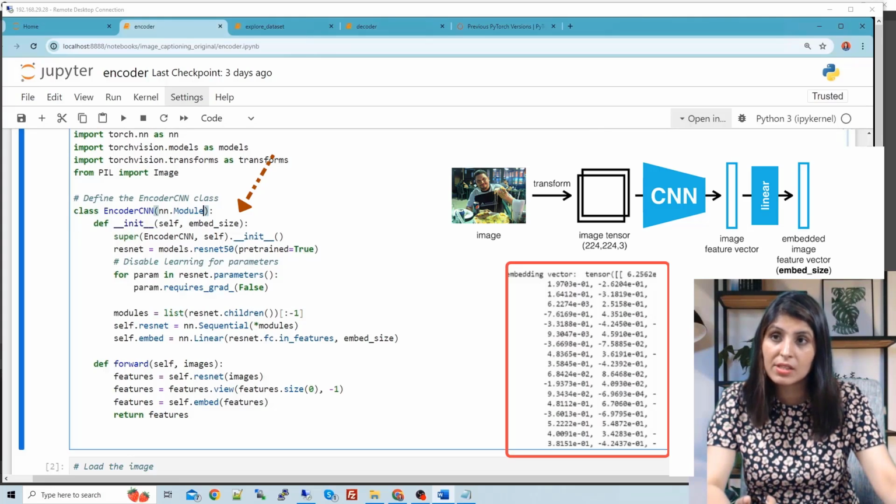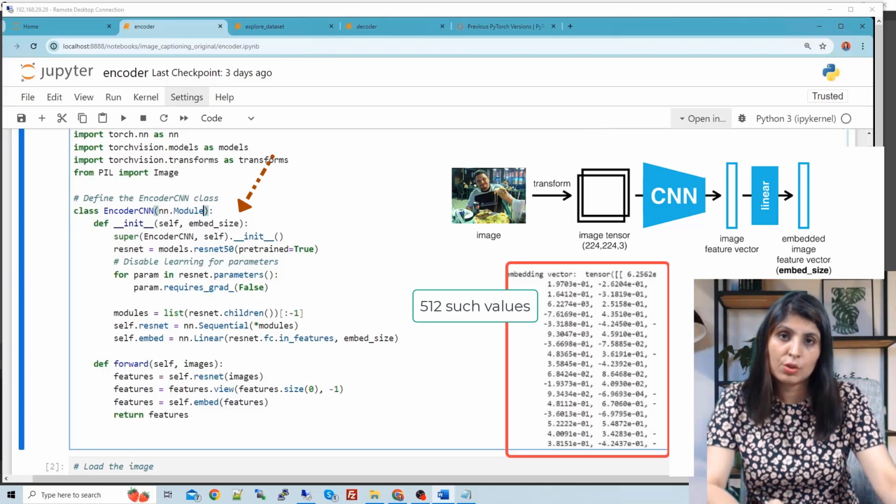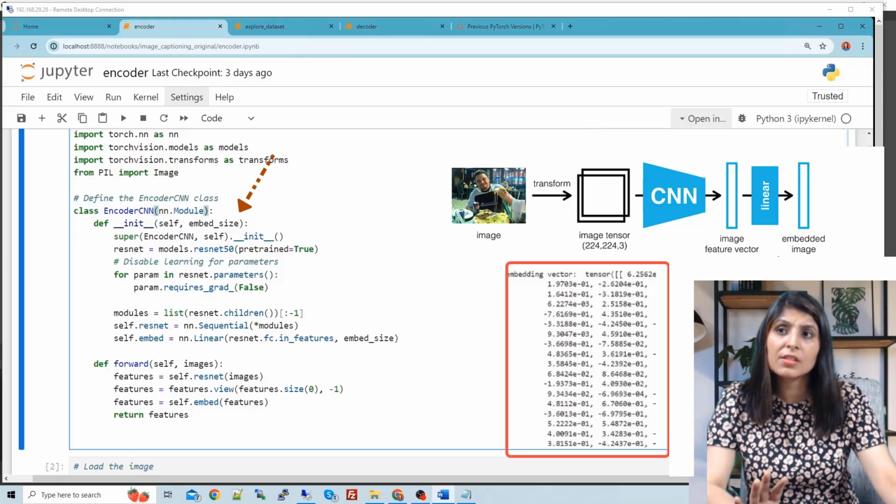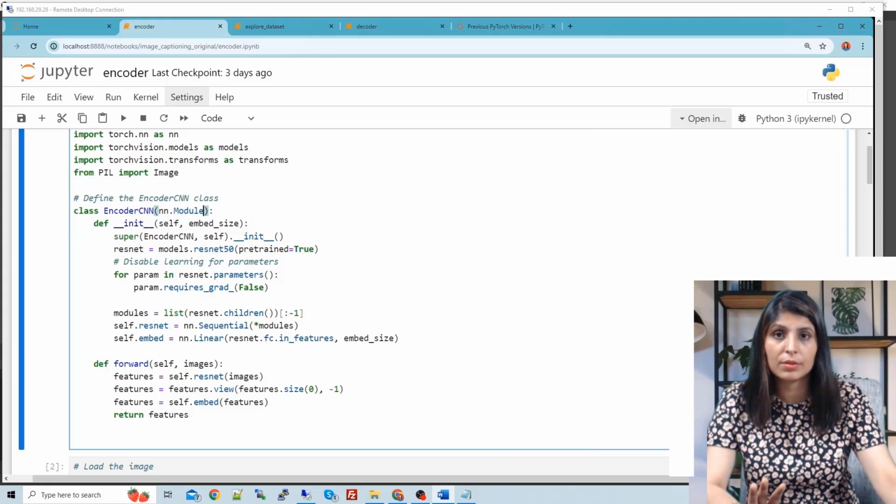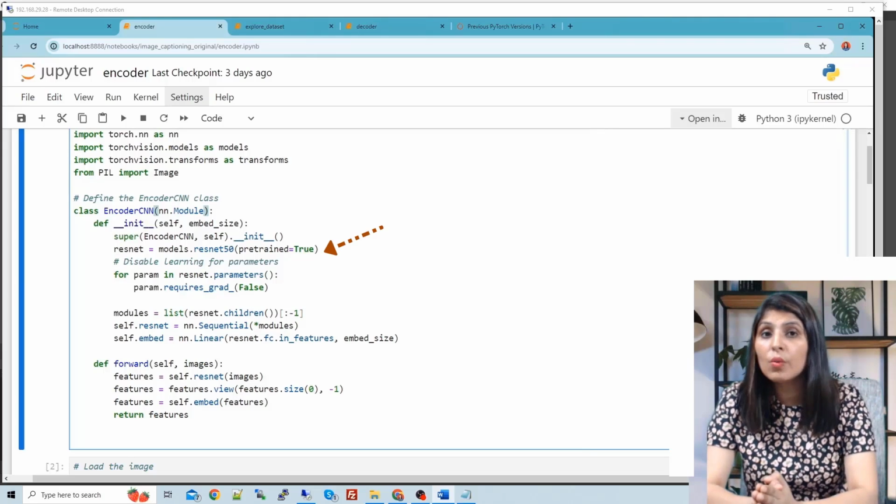Let's suppose embed size is equal to 512. That means whenever you provide an input image to it, this CNN encoder will generate an embedding vector, and that embedding vector will have those 512 different values. So this is what embed size is, and this init constructor has this one parameter. After that, you can see I am not training a model here, guys.